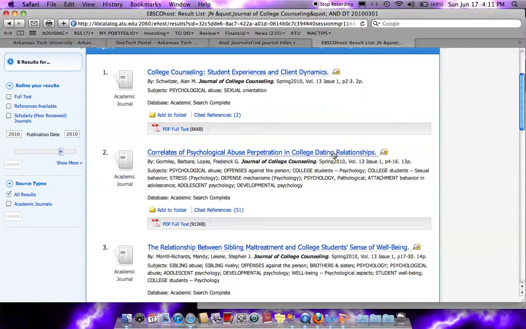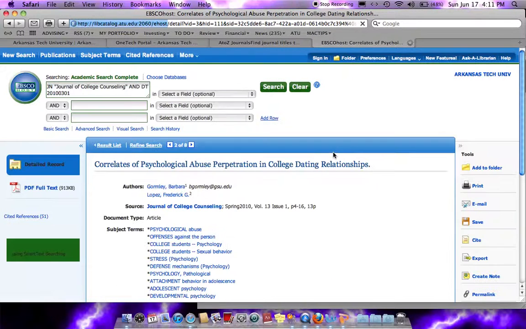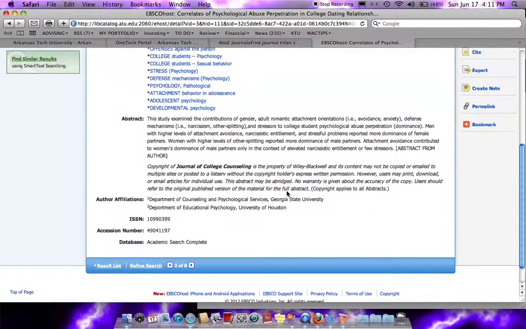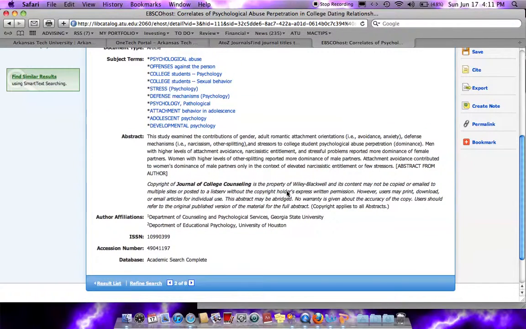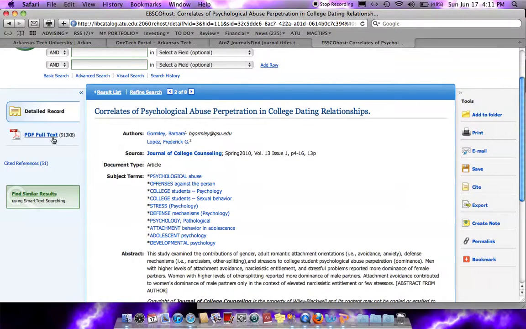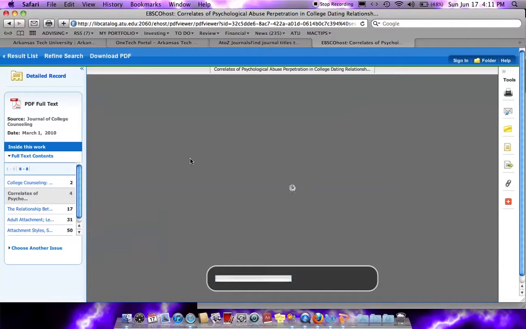So if I want to click in this and see, it does give me a little bit of an overview here, but it's going to tell me just a little bit more once I actually click on the document and read the abstract, which is essentially a short summary of what this is about. So I say, okay, that looks like something that I'd be interested in. Let's go ahead and pull that up and take a quick glance at it,